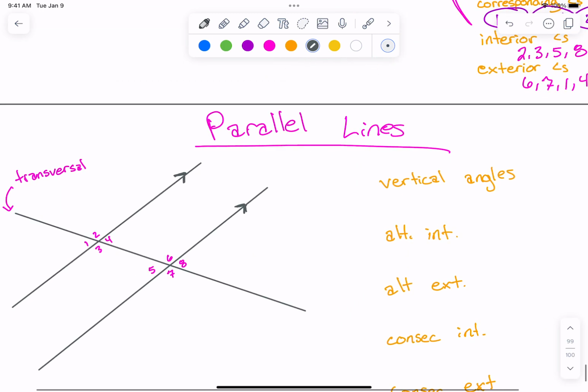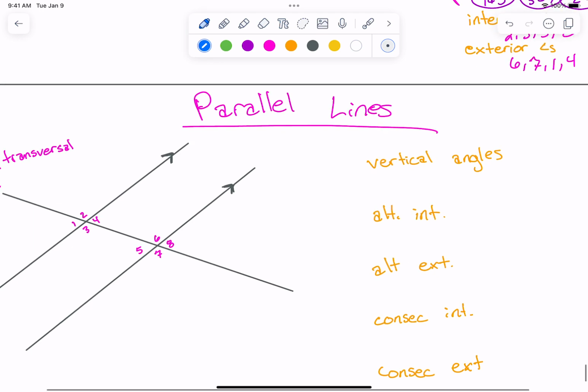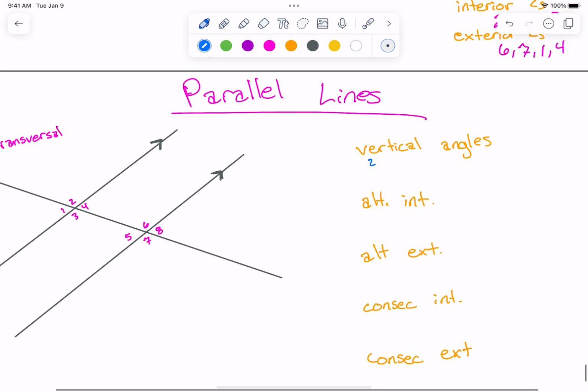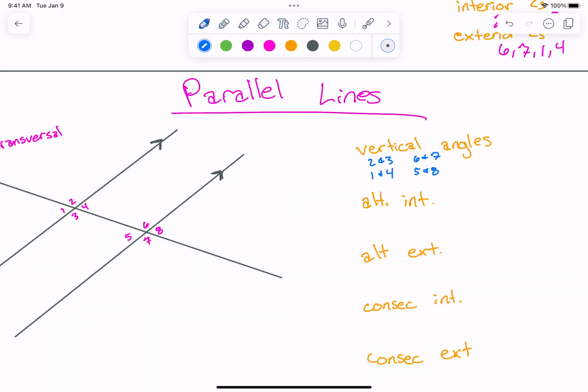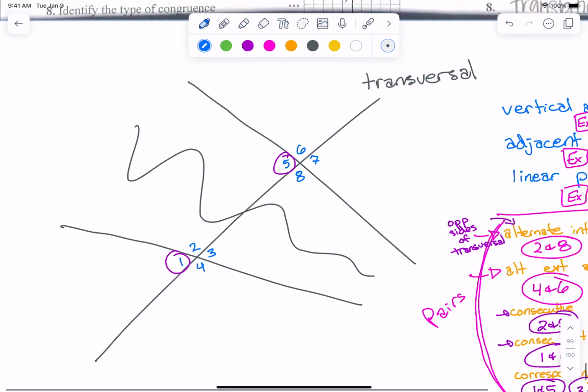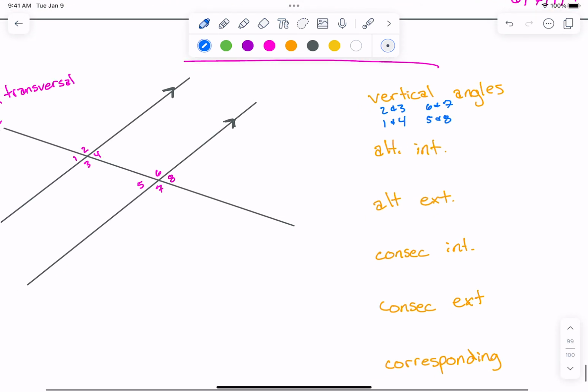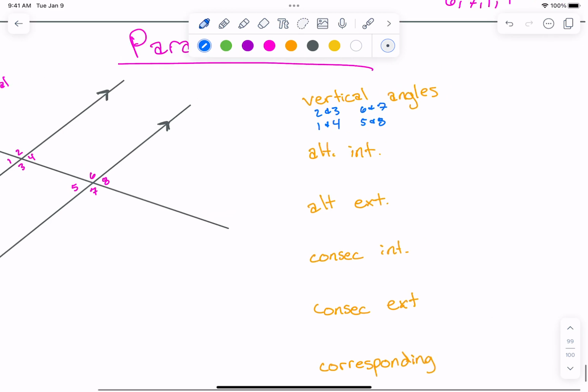All right, so let's talk about vertical angles. Which angles are vertical angles on this diagram? 2 and 3. 2 and 3, 1 and 4, 6 and 7, and 5 and 8. Yeah? Okay, now, the additional thing that I want you to write down is that if the lines are parallel, not like this, we still have some vertical angles going on, but if the lines are parallel, I guess this one doesn't really matter. No matter what. I should say that. Always